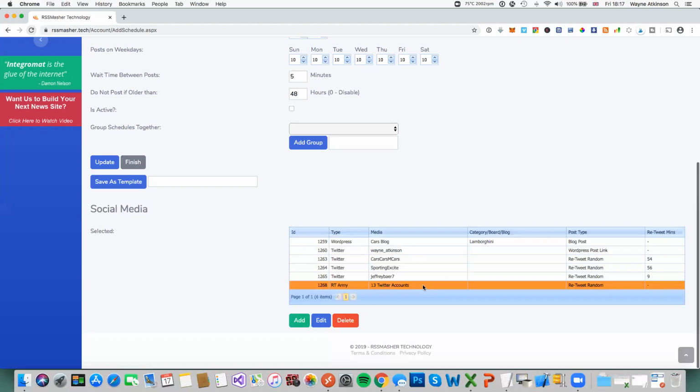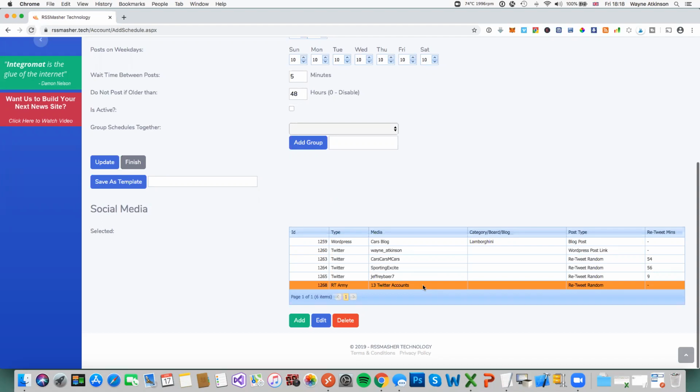If it already follows Wayne, then it will do the retweet. If it doesn't follow Wayne, it will automatically follow, but it won't do the retweet straight after. It will leave it until next time round. So it prevents follow retweet really fast, follow retweet. So it will do a follow and then it will come back to it 5 minutes later, maybe 6 minutes later, something like that. And it will do that with every